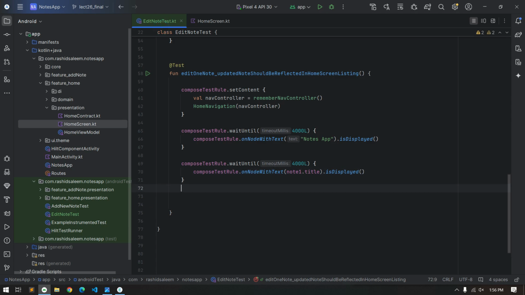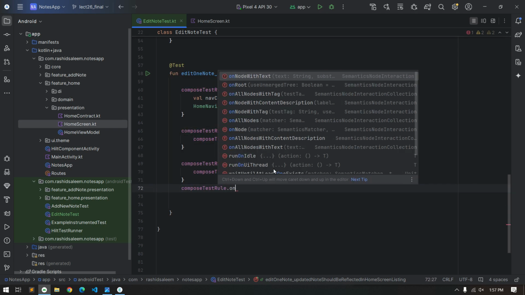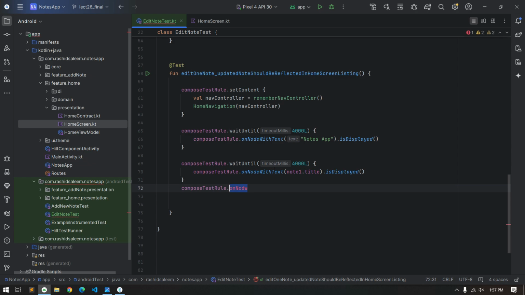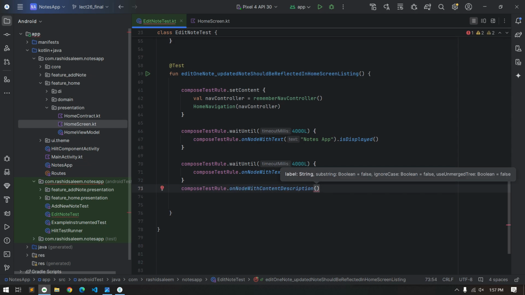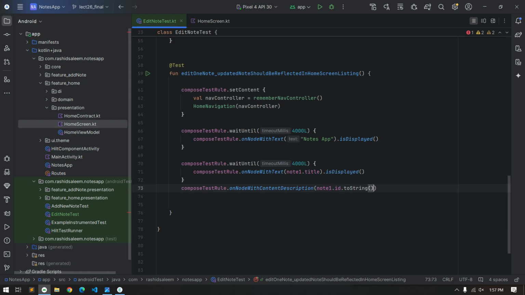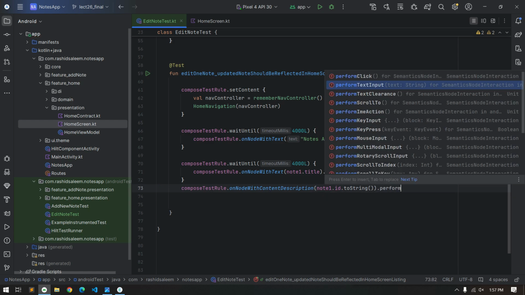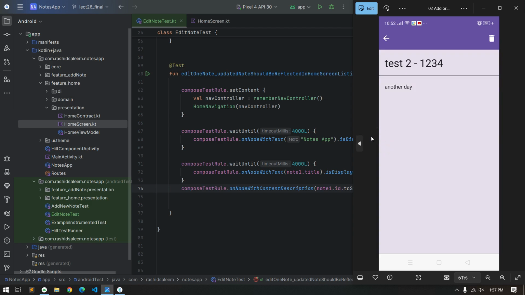So here we will refer to it like this, compose test rule dot on node with content description node1 dot id to string, and here perform click. Now after that we will land on this node detail screen,